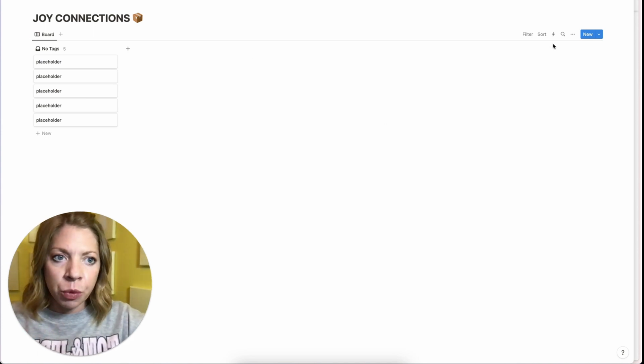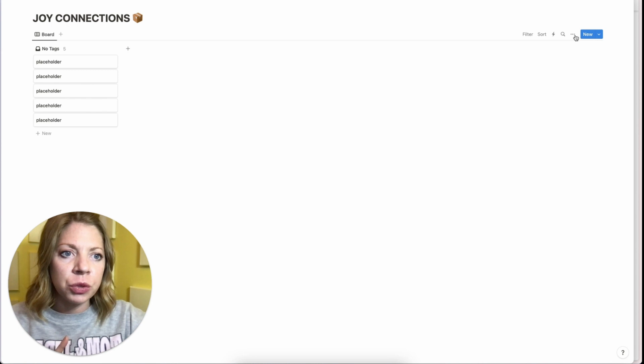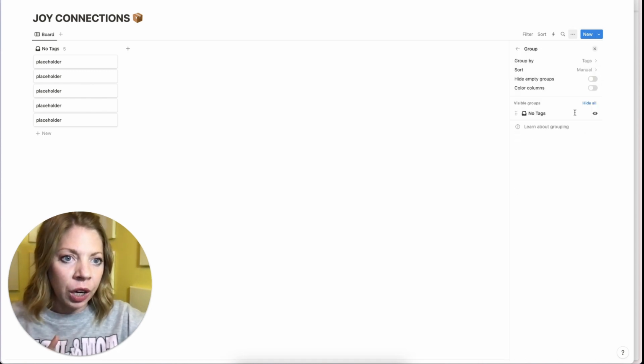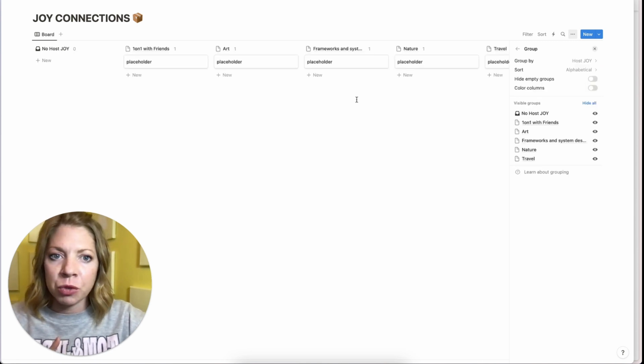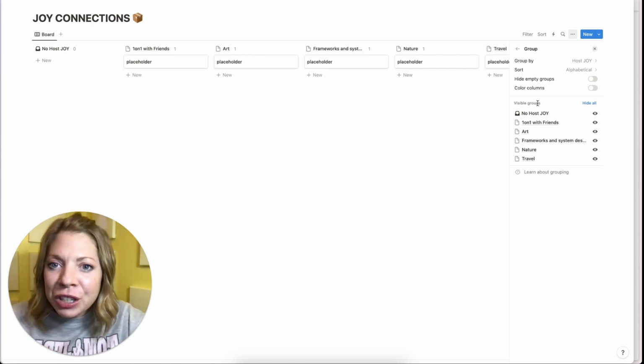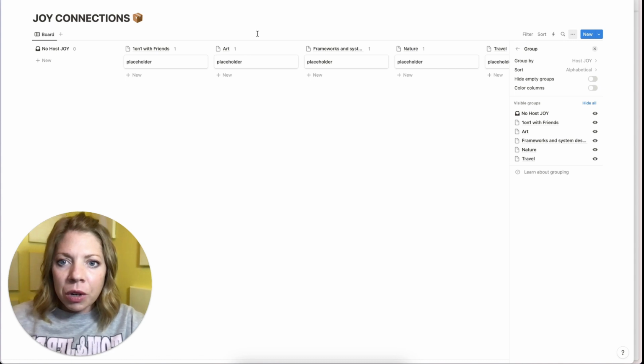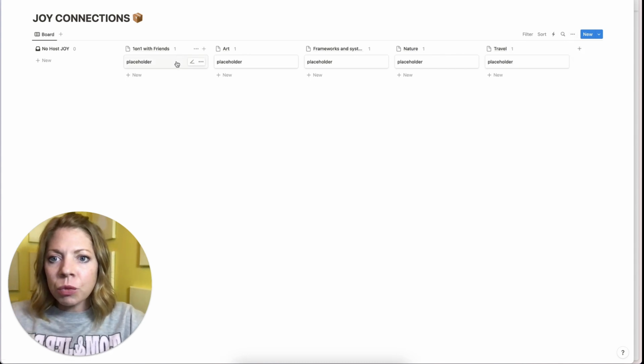So we're going to set it to board, and then what we're going to do is go here and group, not by tags, but group by the host object. So boop, boop, boop, and now we have lots of placeholders. And then what we're going to do is for each of these placeholders, we're going to make sure we have